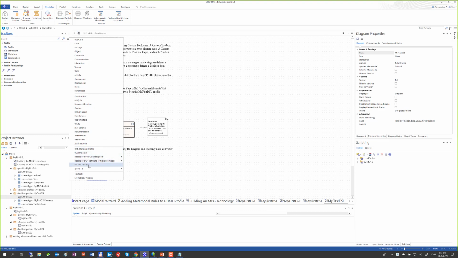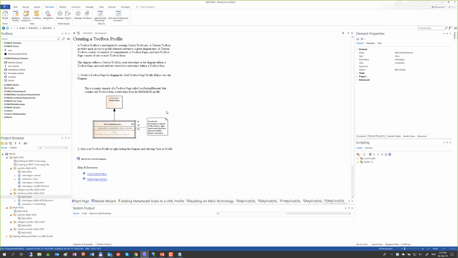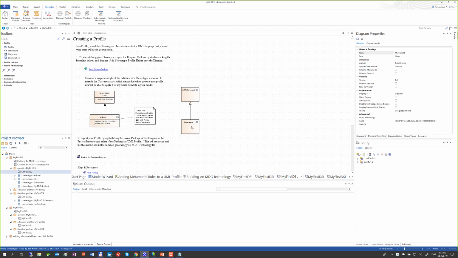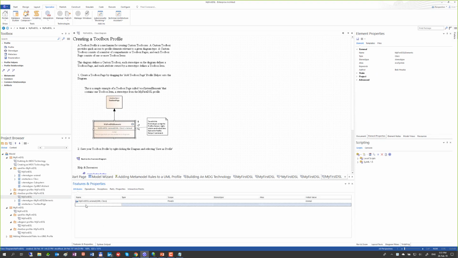So we defined a specially designed toolbox where you would just say, okay, in this toolbox you would have these kind of elements. So this is what's happening right now. So now we have only one element in there. What I will add, since we have already created this element subsystem, so I will just add to our specially developed toolbox profile our new